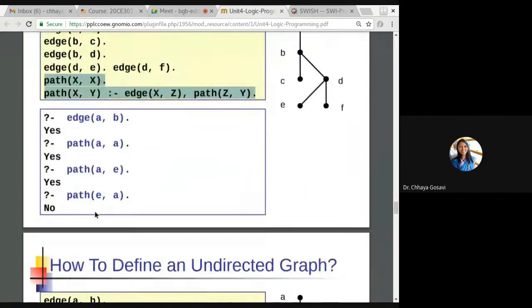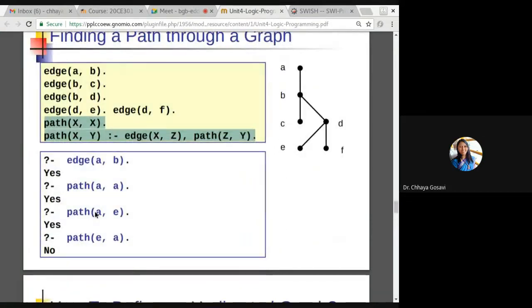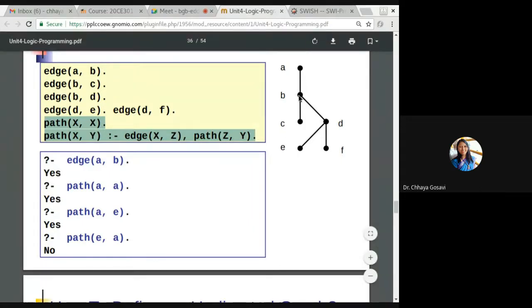The problem we faced is, now this is not a directed graph, this is an undirected graph. So if you say there is an edge from A to B, there should be an edge from B to A. This is not a directed graph like in our first example, where there was an arrow from A to B, A to C, and C to D. Now here we didn't have any arrow. So we want, if there is a path from A to D, there should be a path from D to A. And we have to write a program to satisfy this.